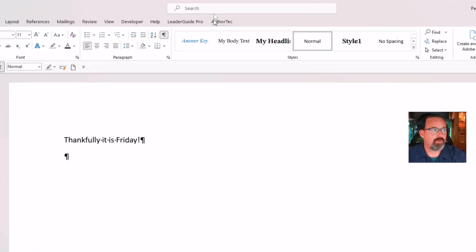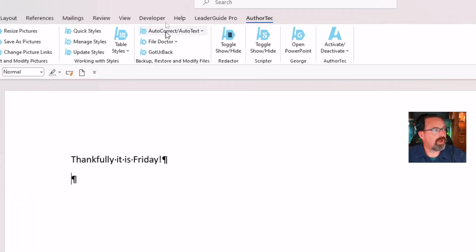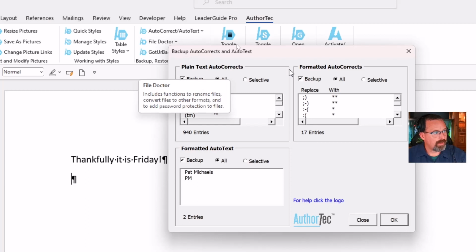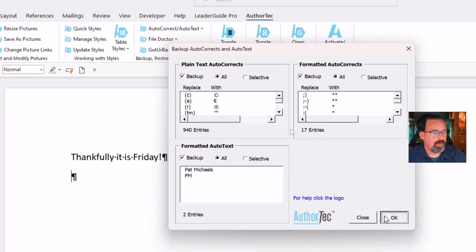Again, we're going back to our tool, AutoCorrect. There's an AutoCorrect auto text option, and in here, we can choose this. The top one is backup AutoCorrect and auto text entries. It gives us a dialog box where we can back up our plain text and formatted AutoCorrects, as well as formatted auto text, which falls within the quick parts, which we didn't talk about. You could do all of it or a selective range. I'm just going to do all of it. When we click OK,